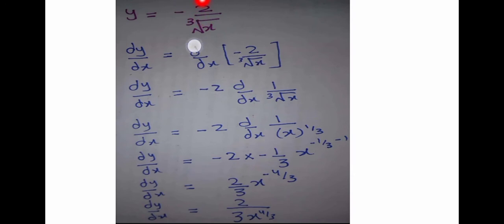Then again this constant term comes in the front. When we take the derivative, this constant term, negative 2, comes in the front, and we take the derivative of only the variable terms, and this is basically the third root, which equals x raised to power 1 over 3, and this power becomes negative when we move it into the numerator, and when we take the derivative the new exponent becomes negative 4 over 3 when we subtract 1 from negative 1 over 3, and this negative 1 over 3 multiplied with this negative 2, and here we get positive 2 over 3, and again this x moves into the denominator, and the power becomes positive.